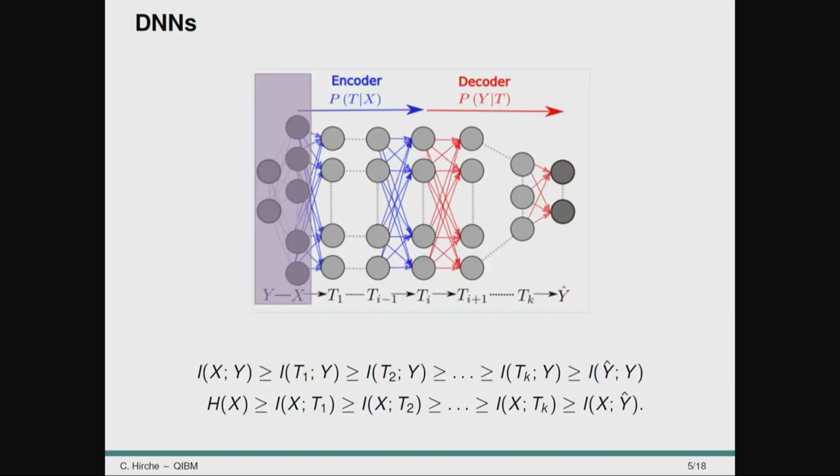If I look at a deep neural network, I guess all of you have seen a picture like this before. On the left I always have an input layer where I put my data set x, and then I process it through many hidden layers, let's call them T, and on the right side I have an output layer which should answer the question I want to figure out. Now I can understand everything that happens before a fixed layer T as an encoding of my information, and everything that happens after that layer as a decoding.